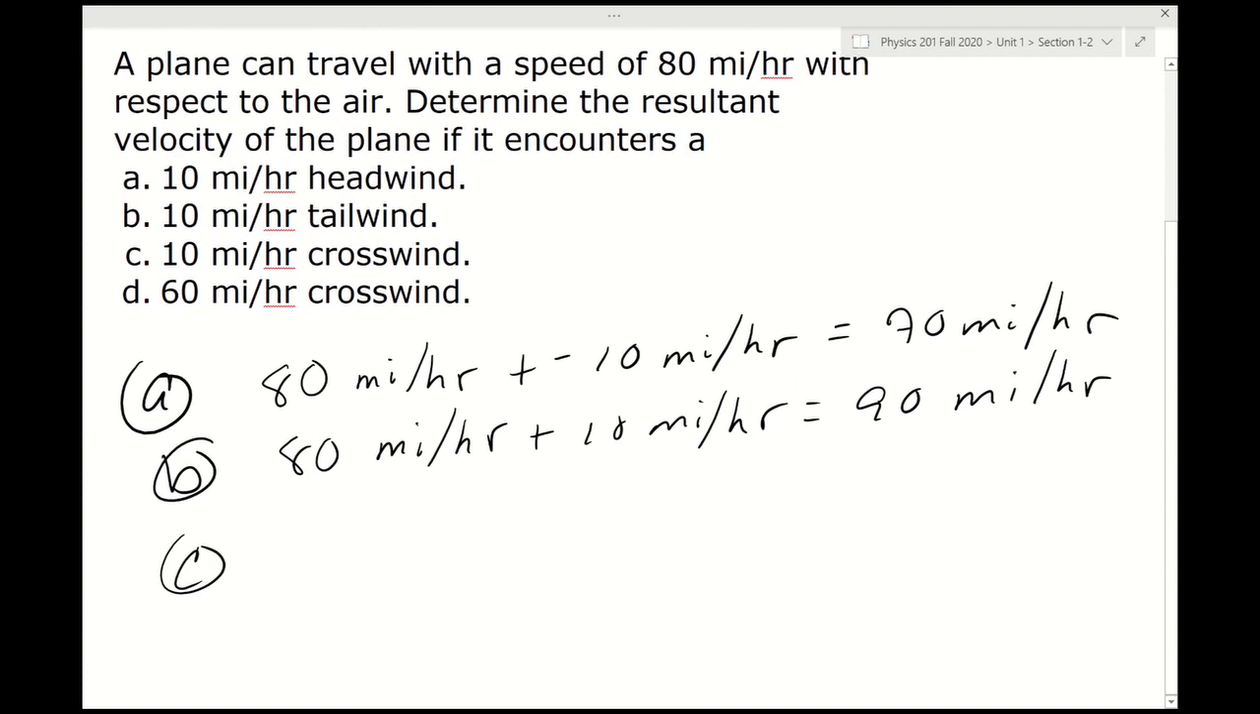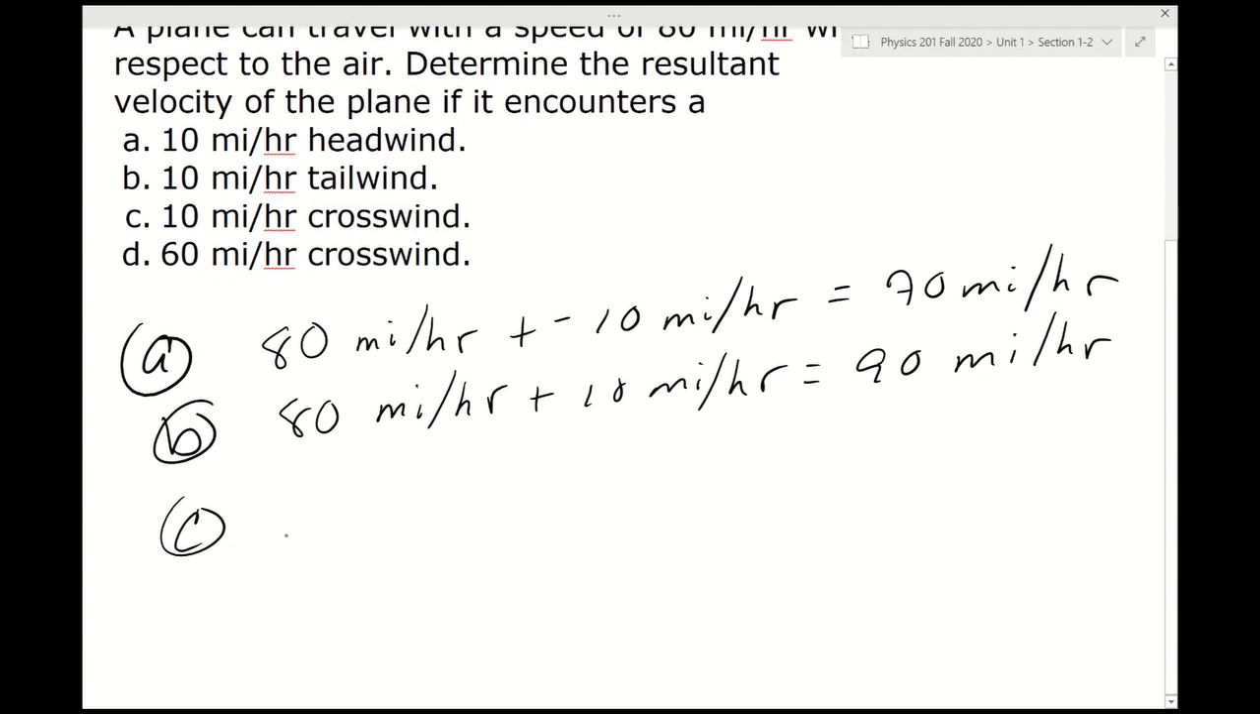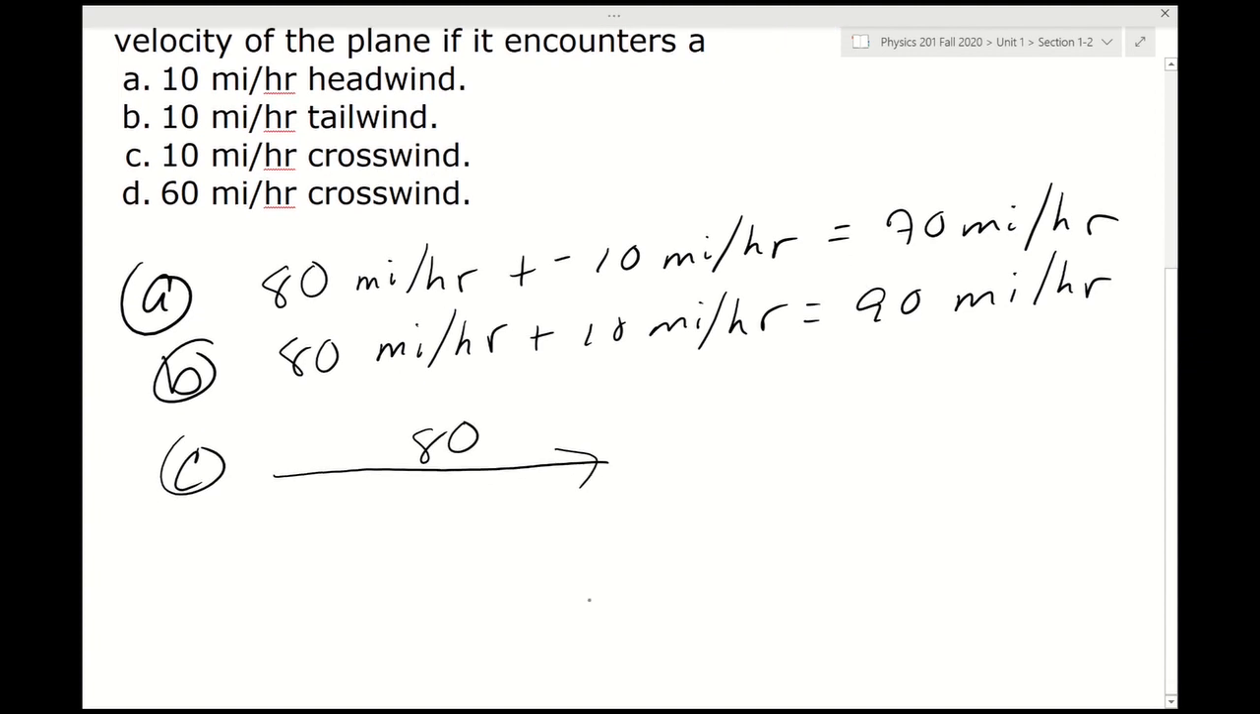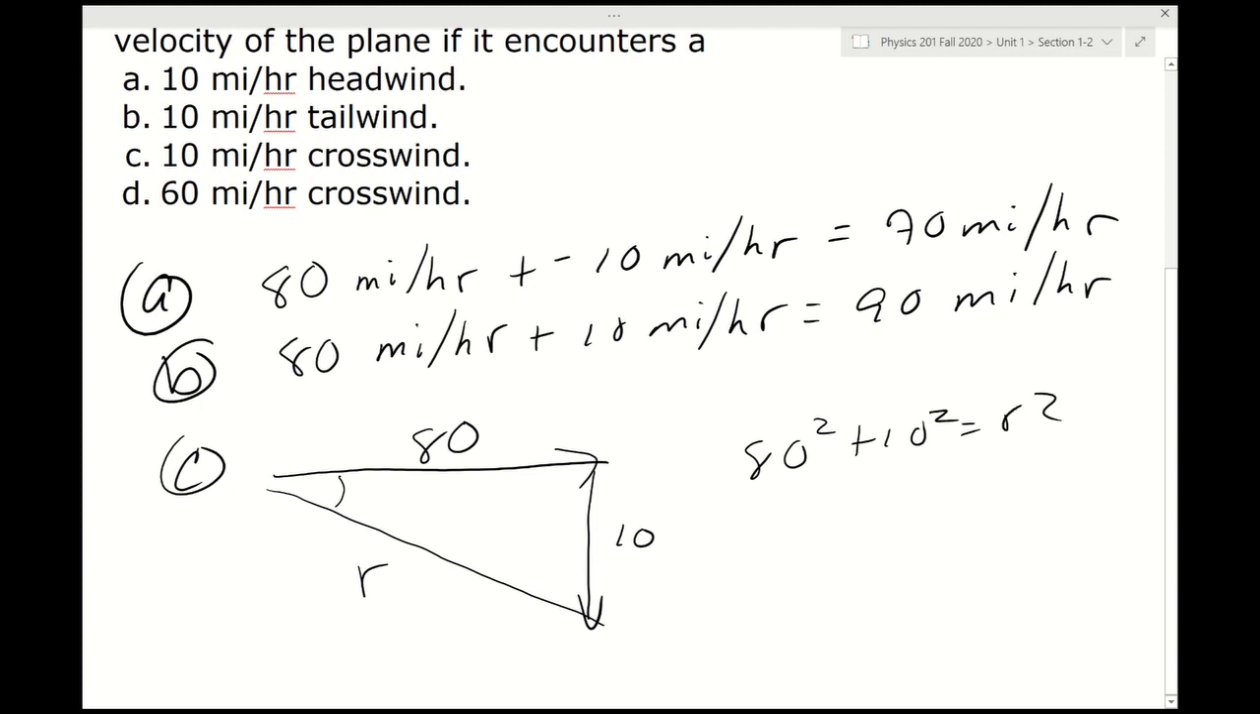If it's a crosswind, so if we have 80, and it really doesn't matter for this problem which way our crosswind's going, and 10, we can find the magnitude of our resultant simply by using the Pythagorean theorem. 80 squared plus 10 squared is equal to r squared. So 80 squared is 6,400. Plus 100 is r squared. 6,500 is r squared. So r is about